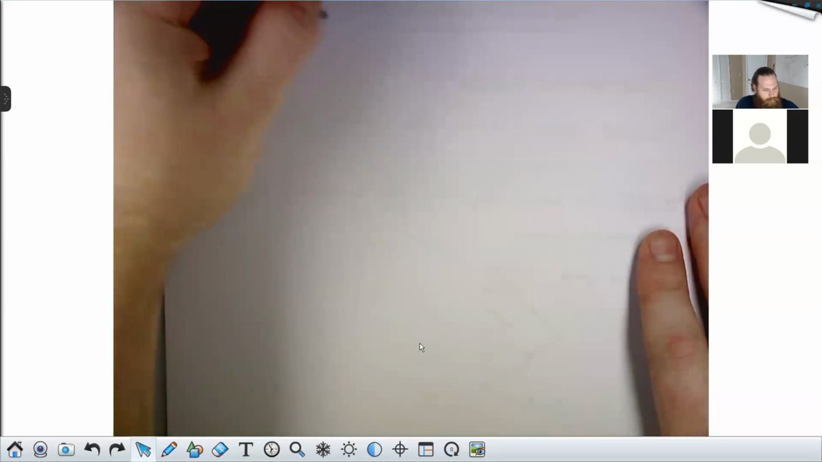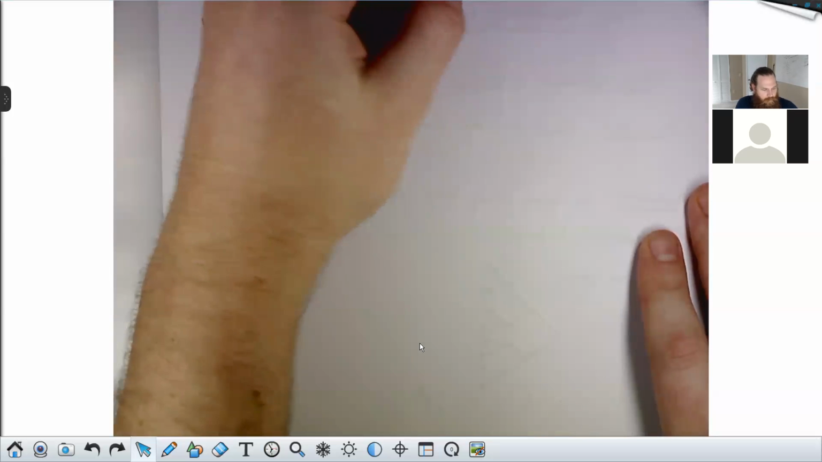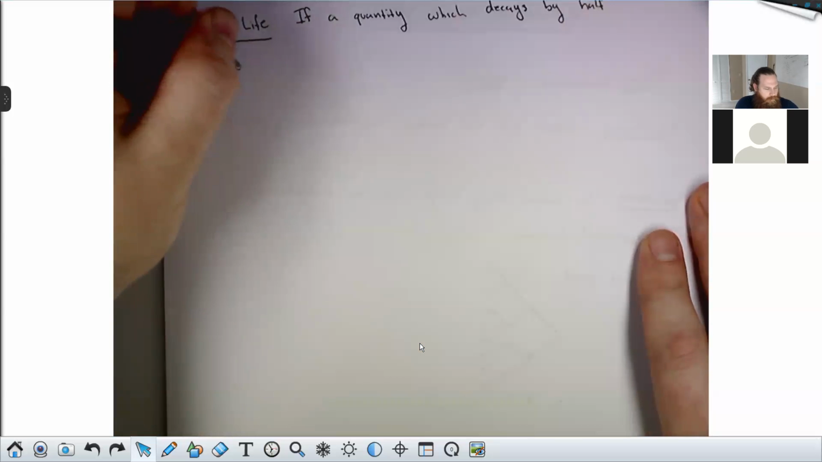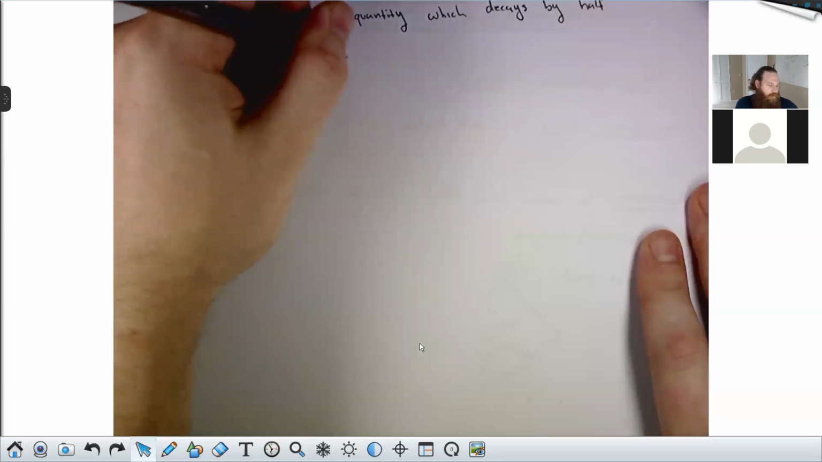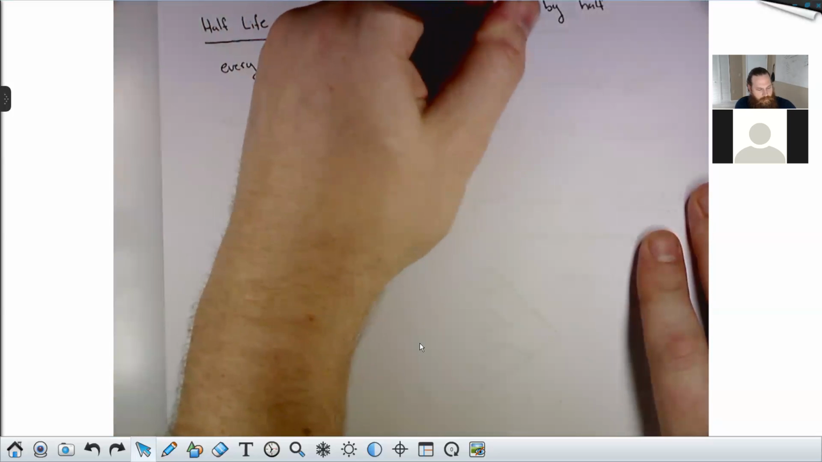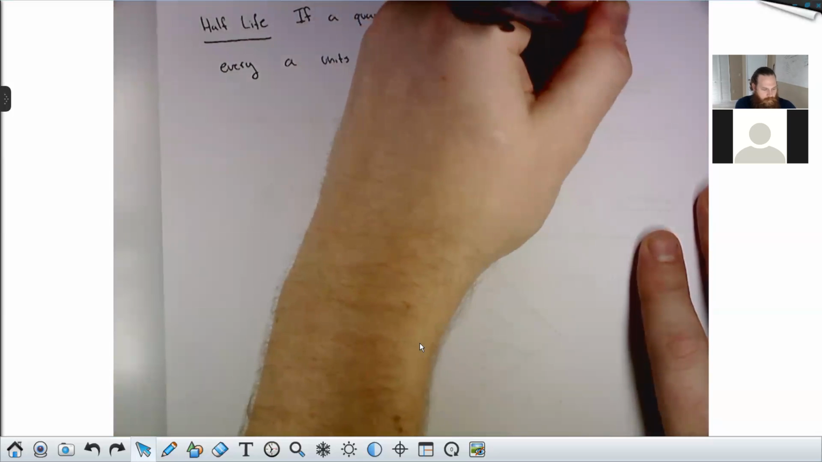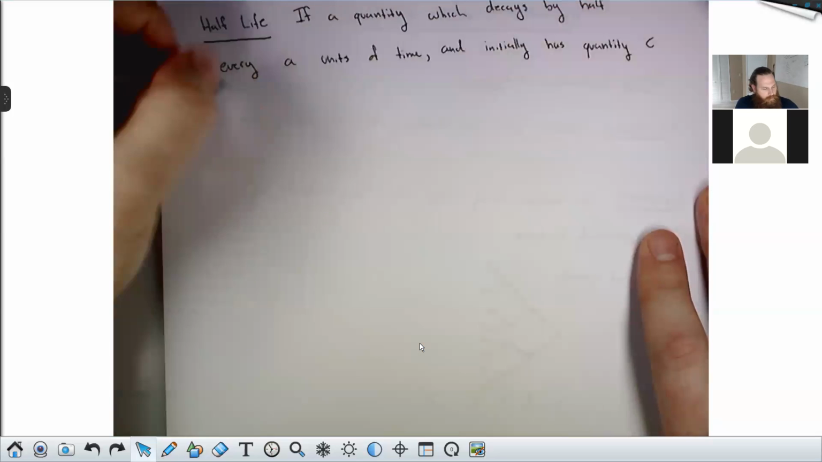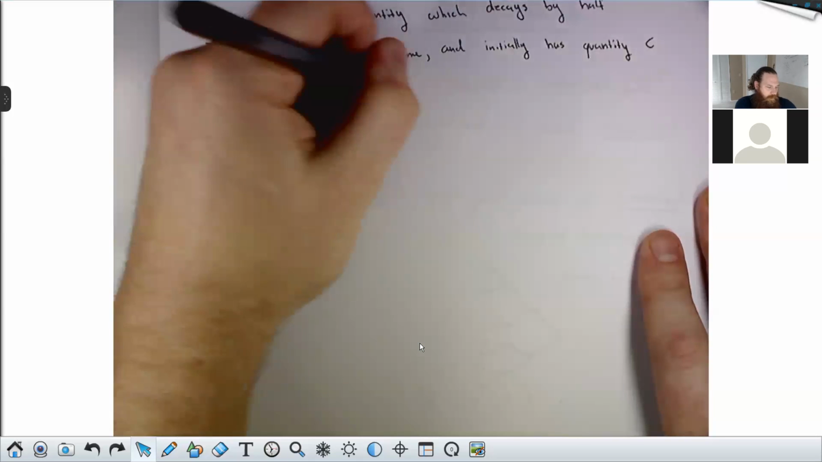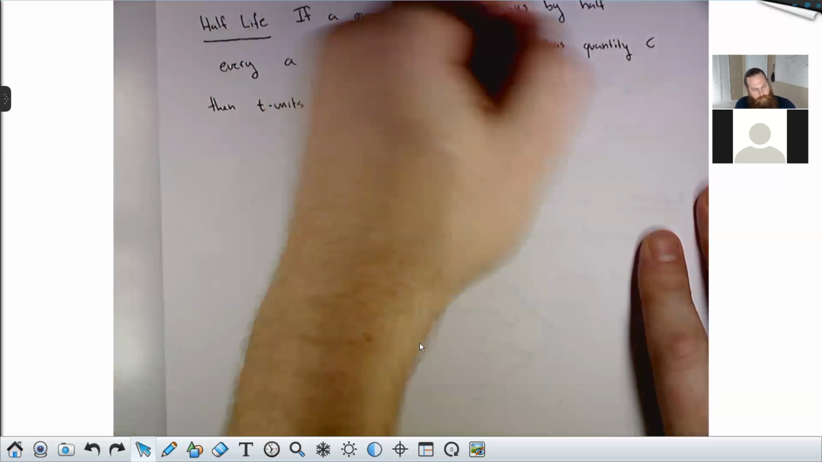If you have any quantity, so some amount of stuff, which decays by half every A units of time, and initially has mass or size, call it quantity C, then T units of time later, that quantity will measure